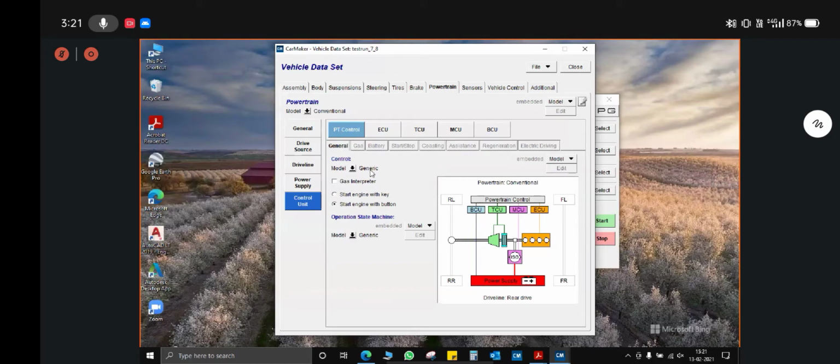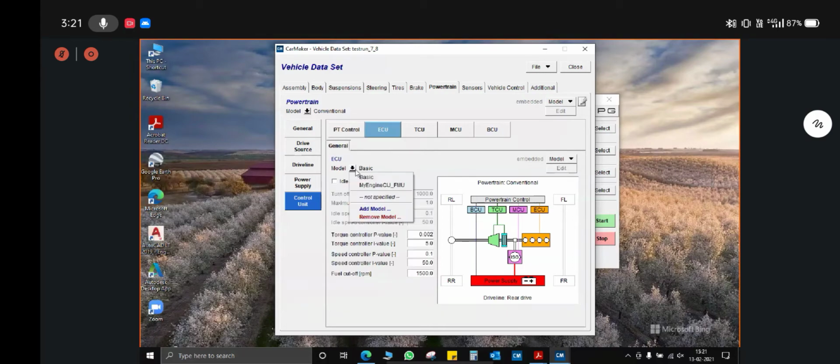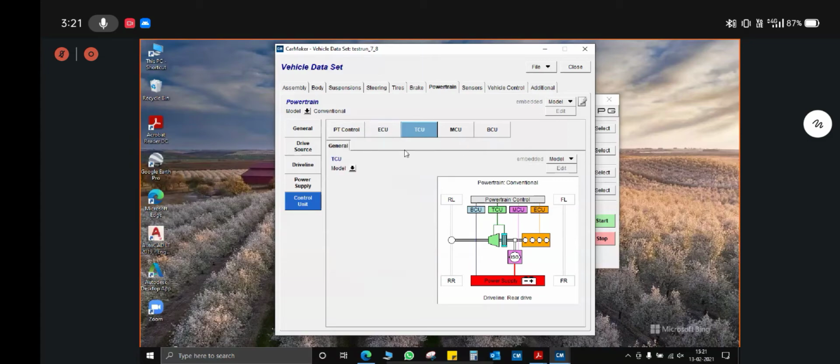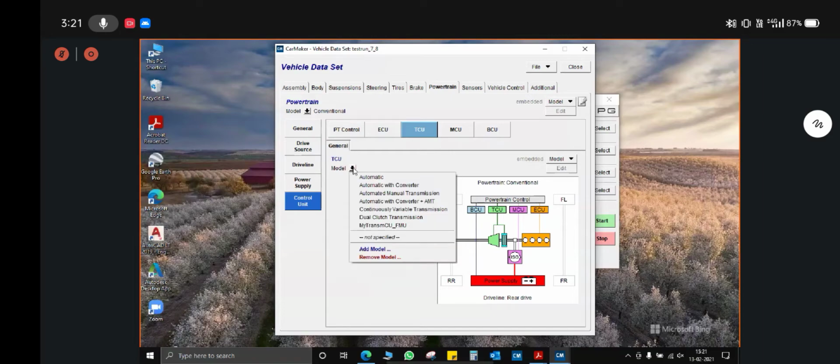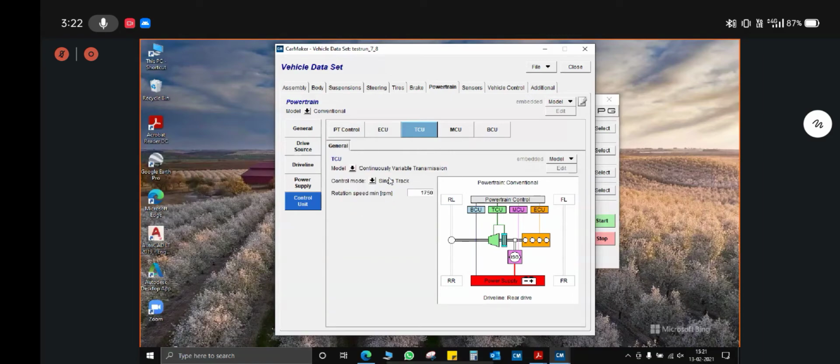Now moving towards the engine control unit, just leave it as basic and leave all these things as default. For the transmission control unit, as we have defined the powertrain gearbox as CVT, you will have to select the CVT model here.